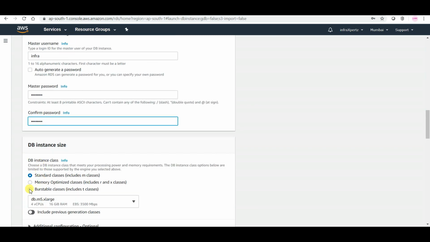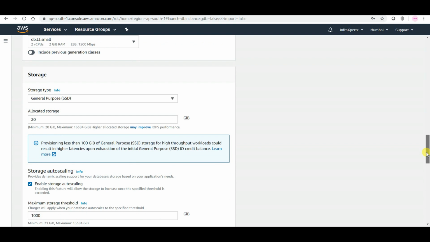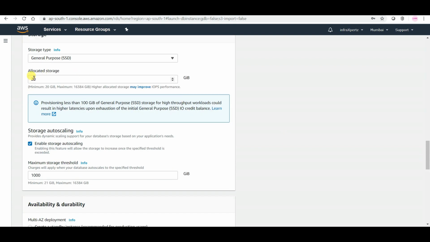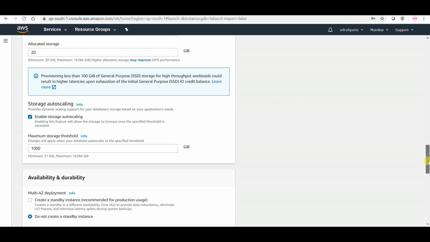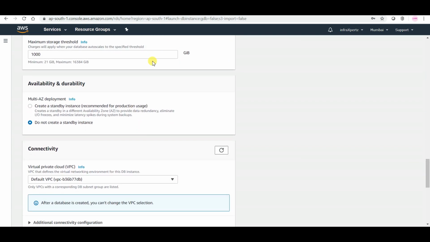Let me take this as burstable classes. Let me allocate storage of 20 GB, which will automatically increase if we enable storage autoscaling, and the maximum storage threshold is 1000 GB. I'm not creating a multi-AZ deployment, so do not create a standby database.